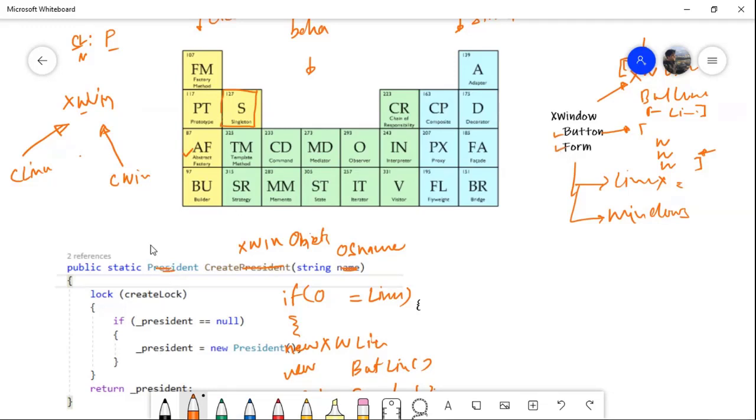And the return type of this is going to be the X window system, right? And the objects that we're going to return are going to be concrete objects. So we're going to return new Linux probably. And because there is an inheritance hierarchy going on here, we will be able to do the programming using this part. So it is what we already saw in the SOLID principles demo, that we can create an object of a child class, say a Facebook message writer or a Twitter message reader, and assign it to something generic like IMessageReader, IMessageWriter, and the application would work just fine. We only have to control how those objects are created, and because of the Liskov substitution principle, things will kind of